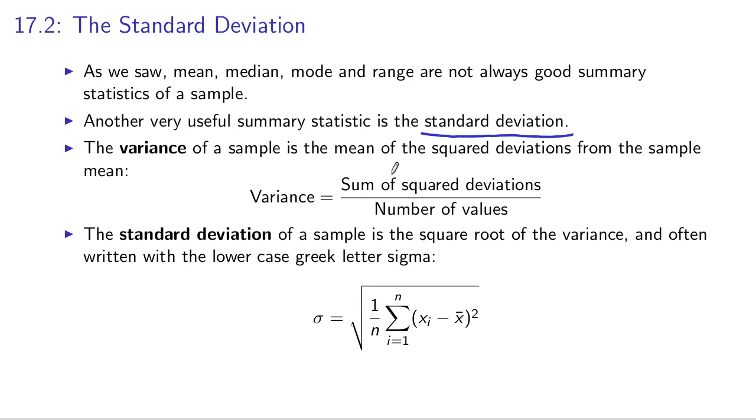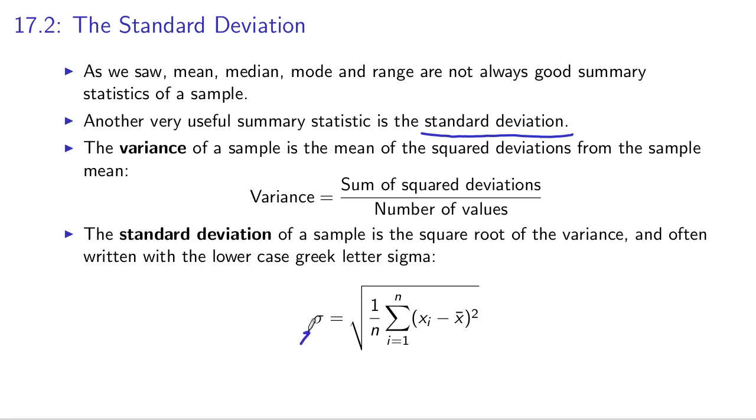So the standard deviation, to define it, we first need to define a quantity called the variance. The variance of a sample is the mean of the squared deviations from the sample mean. So it's a mean of squared deviations from the mean of the sample. So that's a little confusing, and as we do examples, it'll make more sense. So we take the sum of the squared deviations and divide by the number of values that gives us our variance. The standard deviation is the square root of the variance, and often written with the lowercase Greek letter sigma,